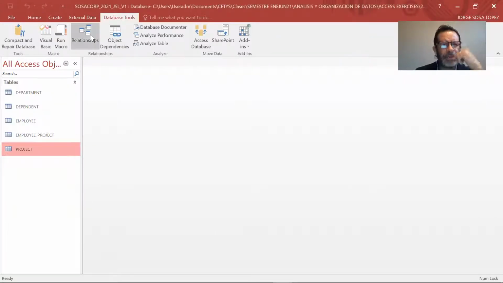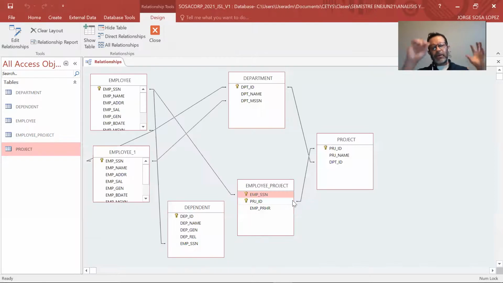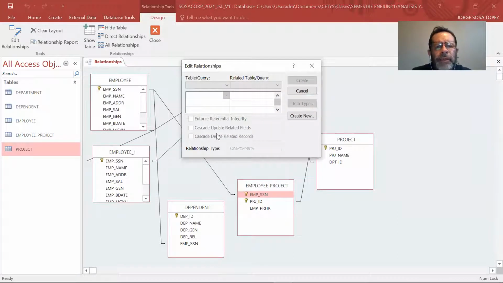So I'm going to go back here to database tools and the relationships, and notice that we've got the links there. We're going to do something here where we're going to select each of the links. We could have done this, by the way, when we did the links, because there's an option there to do it. But we can do it here also. I'm going to click any one of the links, for example, this one, and there's an option here that says